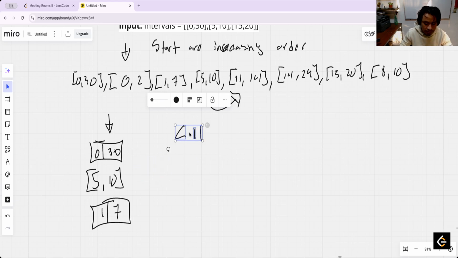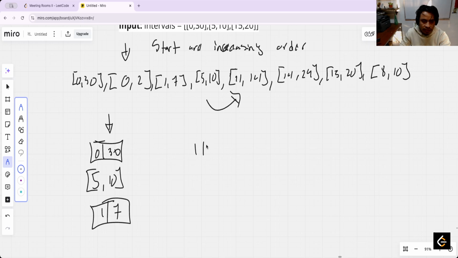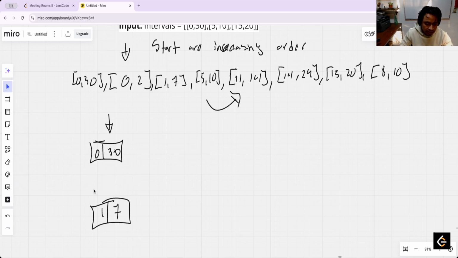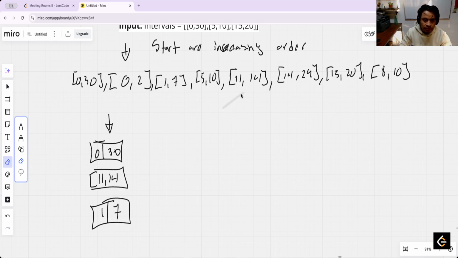Okay, I can remove all the elements that finish before the 11. In this case, the 10 is complete. I can remove it, and I can only have 11 and 14. Yeah, even this should disappear, but I will continue. Now the next that is this